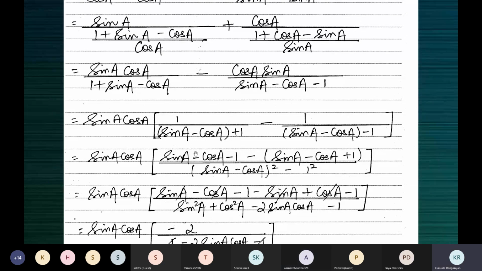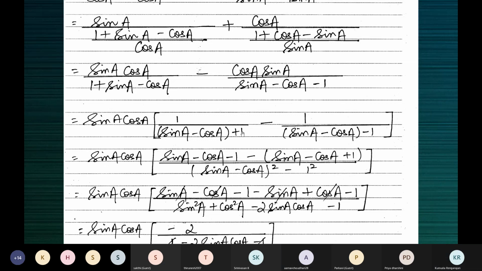You want to know why we have to take up the common denominator, right? Yes, ma'am, because already in the denominator, sin A cos A are there on both sides. Correct. Now, what is the alternate procedure? How else can we proceed with this? You're saying they'll get cancelled? We can do 1 minus 1 by sin A minus cos A. No, but the denominators are different. See, we have sin A minus cos A plus 1 here, and sin A minus cos A minus 1 here. What about this plus 1 and minus 1?